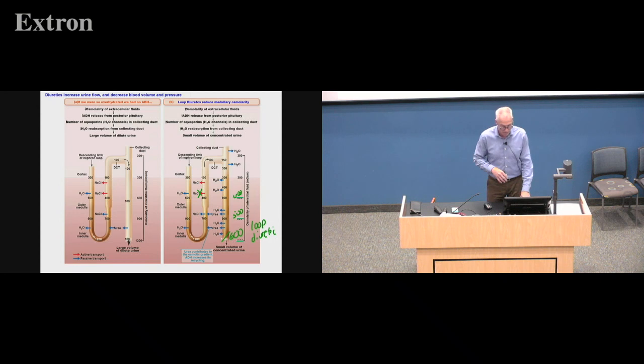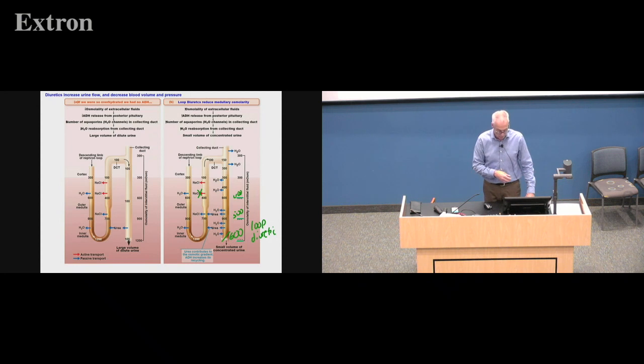A loop diuretic works by slowing down or inhibiting those sodium pumps in the thick ascending limb of the loop of Henle. That's where all that salt came from that's accumulated in the interstitium of the medulla, and if we slow down those pumps, the salt's going to wash away to some extent, and I drew in some edits there in green. Instead of being 1,200 milliosmoles per liter in this hypothetical case, the medullary interstitium is only 600 milliosmoles